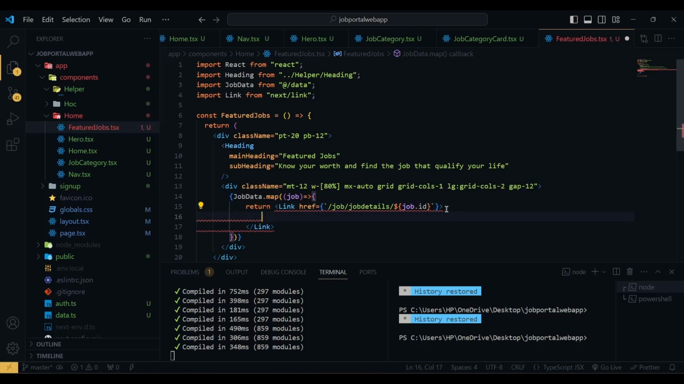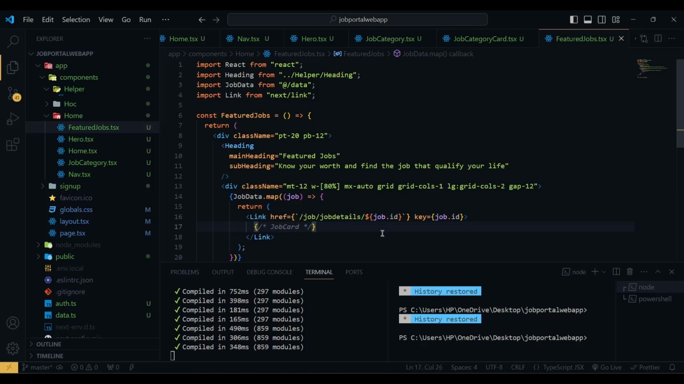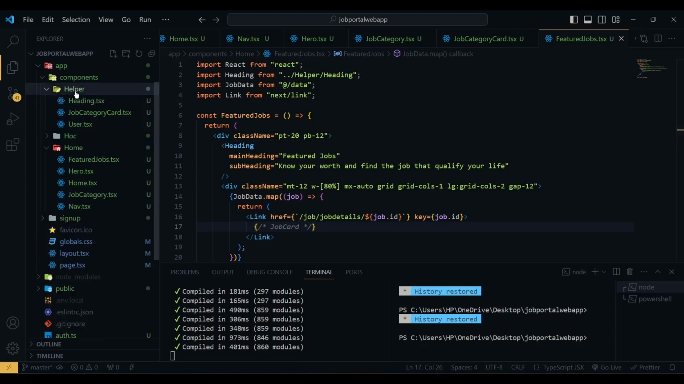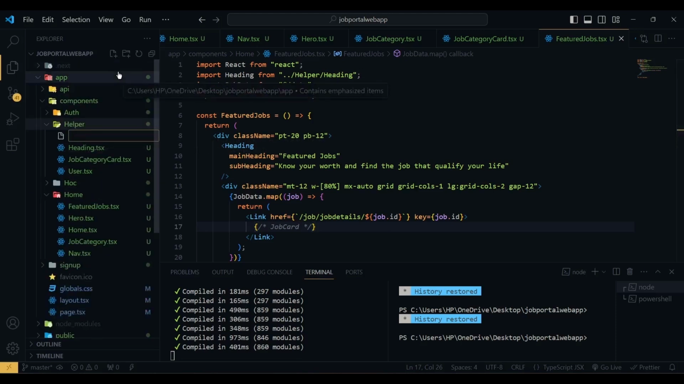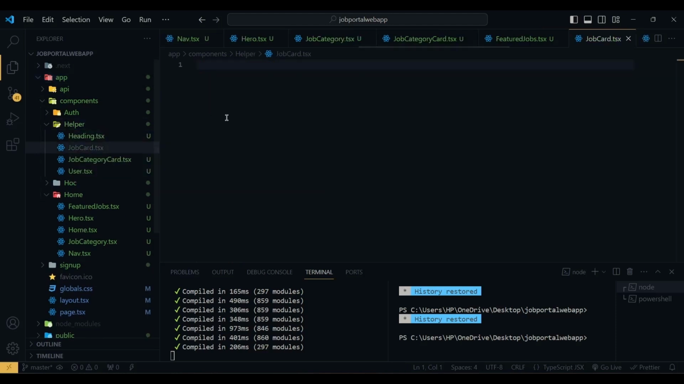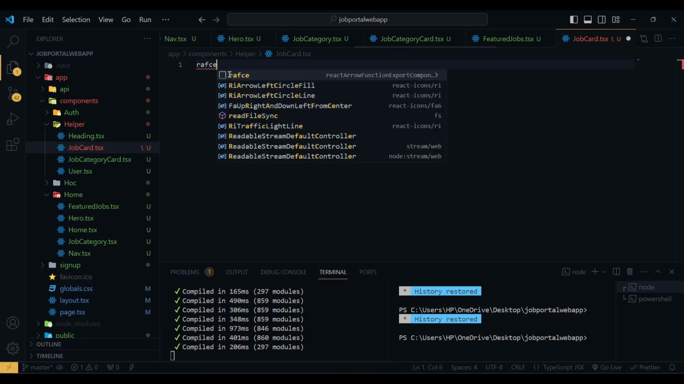So inside this link, we have to give a key here. So for the key, we're going to use job.id, and then inside this link we're going to create a reusable component which is job card. So let me create the job card component. So we are going to create the job card component in our helper folder. So here I am going to create a job card.css, and then I'm going to create the component boilerplate using RSCE,